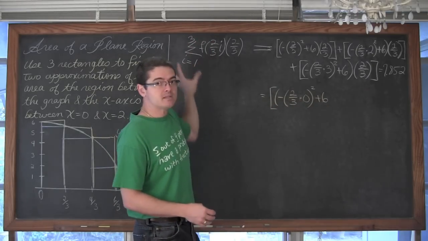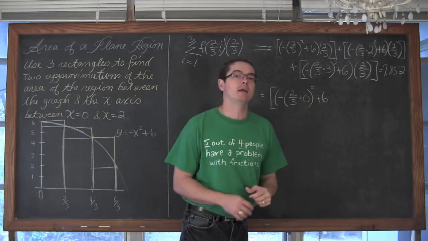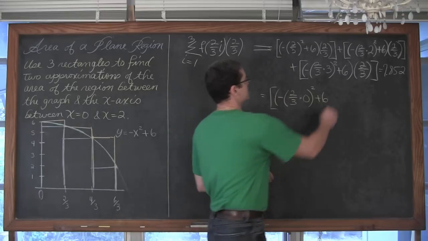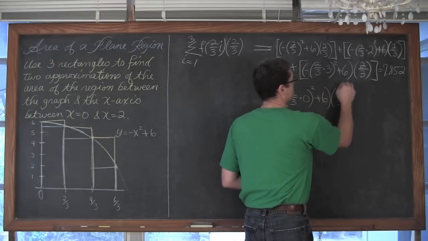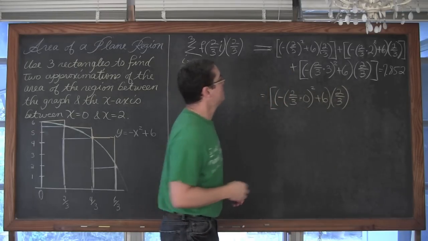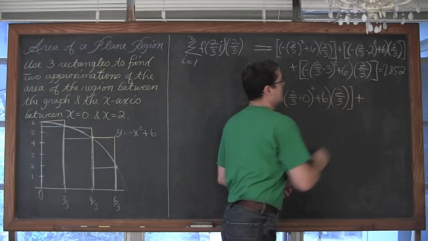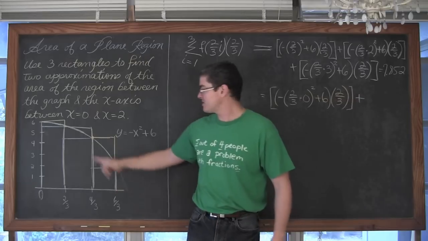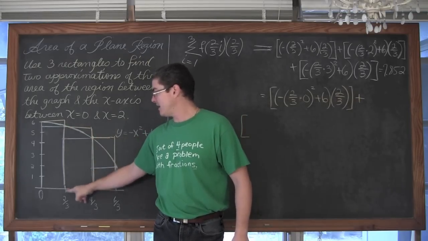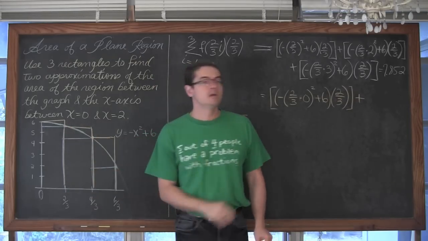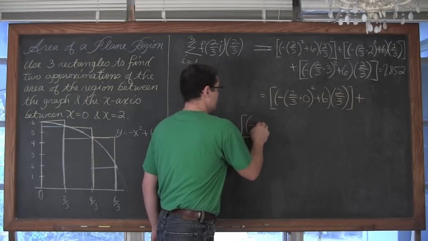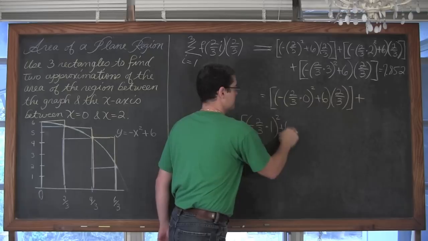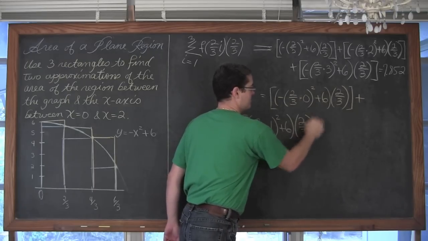We need that sigma notation because we're going to bring back in the idea of limits here in a few minutes. So 2/3 times 0 squared plus 6 times 2/3. It's still the width of each rectangle. Kind of taking up too much space here, so I'll just start my second line now. The second rectangle, its height is defined by 2/3. So we're going to do negative 2/3 times 1 squared plus 6 times 2/3, its width,